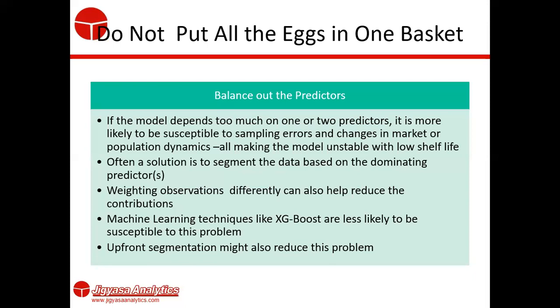And then the next point I want to make, and this is the final point I think I'm going to make today, is do not put all the eggs in one basket. What do I mean by that? Balance out the predictors. So if the model at the end will have a certain set of predictors, and this is true even more for traditional models like logistic regression, if the model depends too much on one or two predictors, it is more likely to be susceptible to sampling errors, and changes in the market or population dynamics, or even changes in some data,